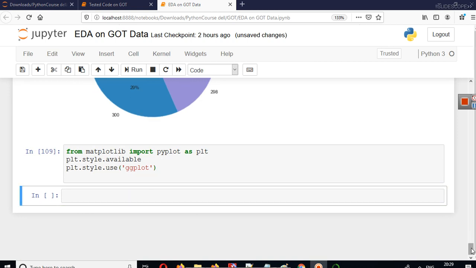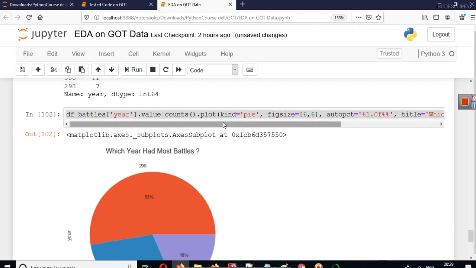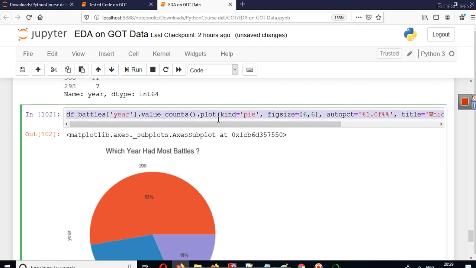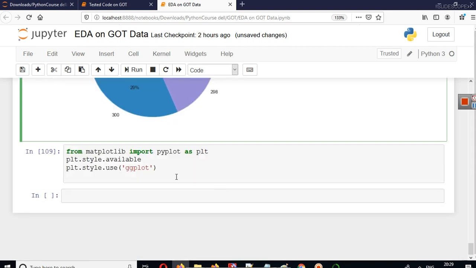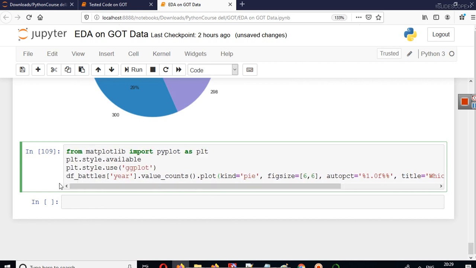Now we have a working code where we have just plotted something using a pie chart. Let's copy this. The style we are seeing here is the ggplot version of it. I will use some other styles.